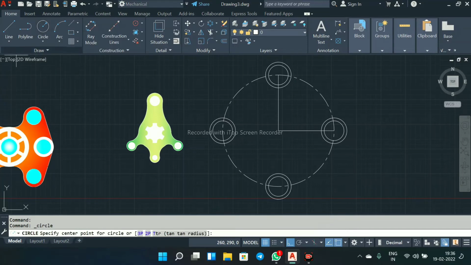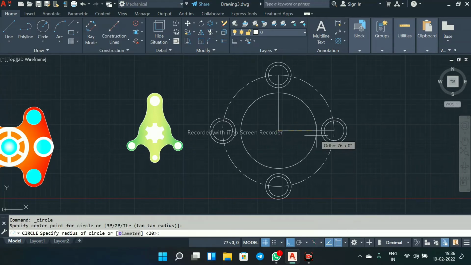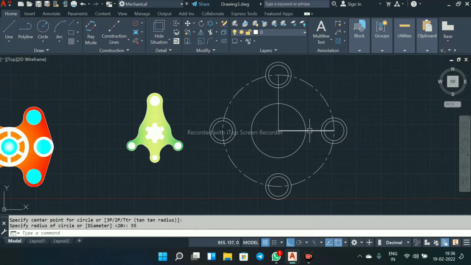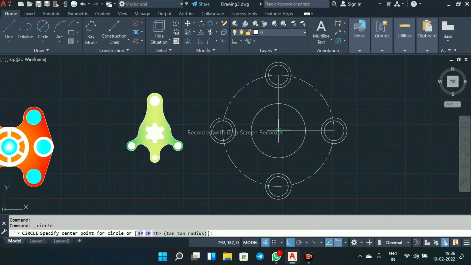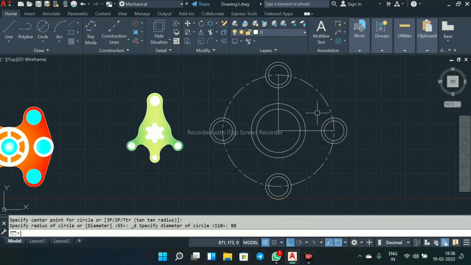Select this circle, center radius, make it 55 mm radius. Select underscroll, center diameter, make it diameter 88 mm.